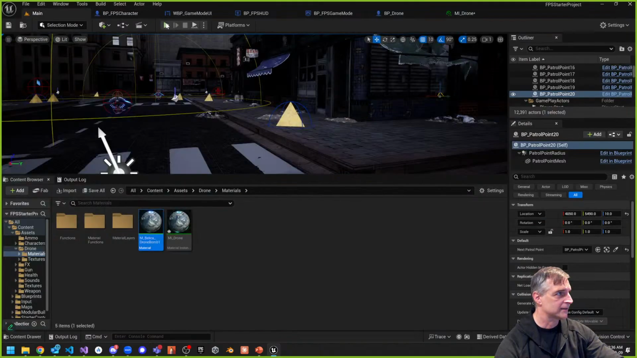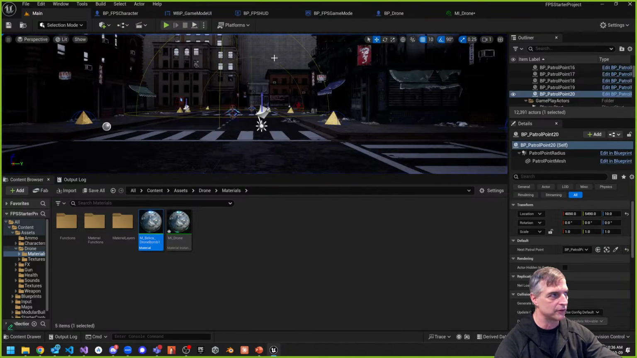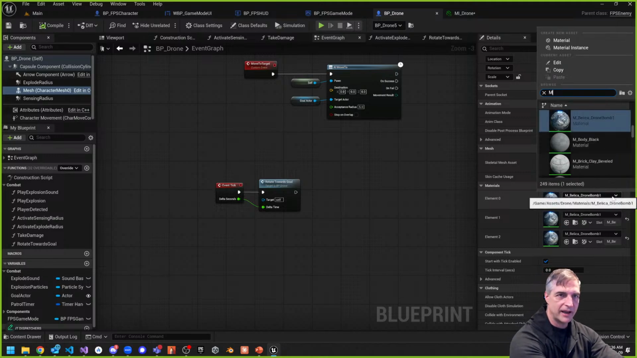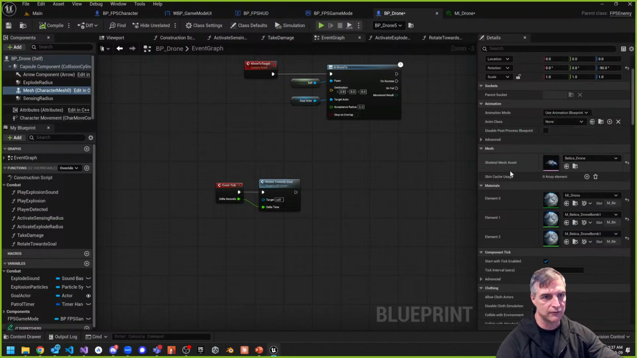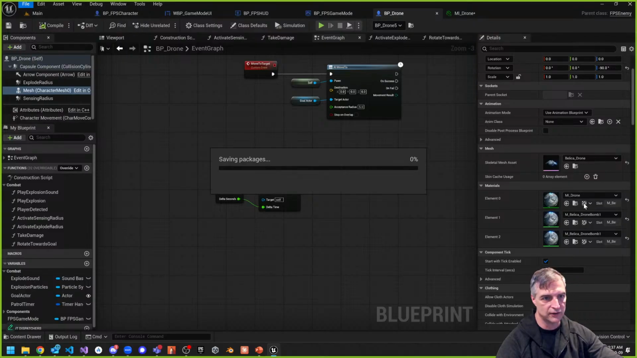All right, so if I go back to just try it out, let's see what I get if I just click on the material. Well, right now, nothing, right? Because I'm not using the material. I've got to go in here and change these. So we can use that. And the first one, the element 0 of the mesh, is enough. So if I pull down and type in mi_drone and use that material, there it is, right? And if I compile and save, file, save all, as I do this,